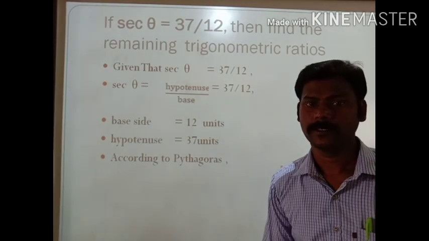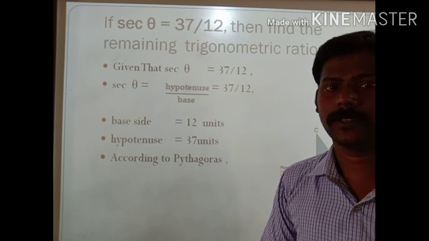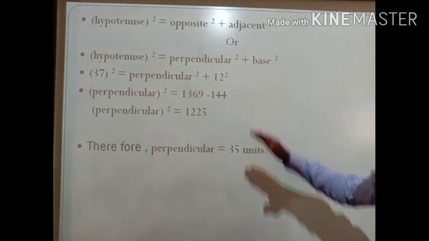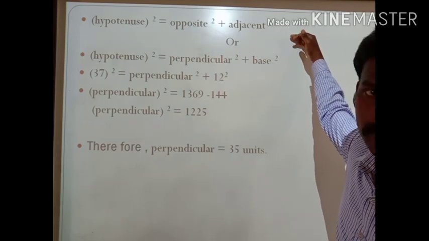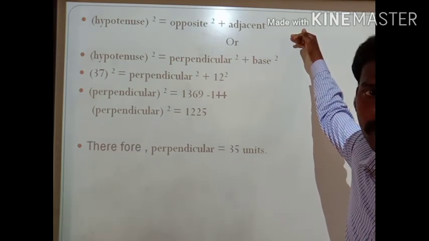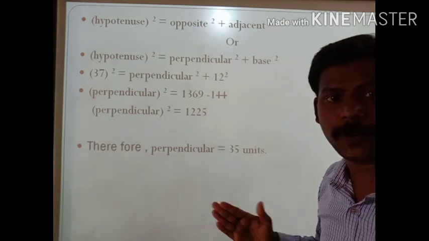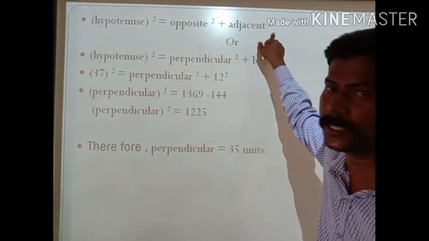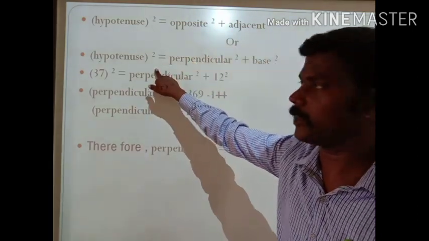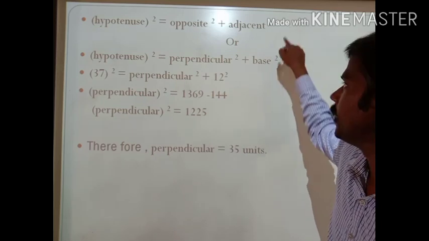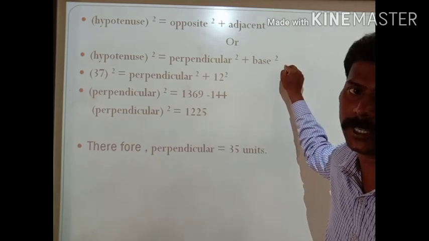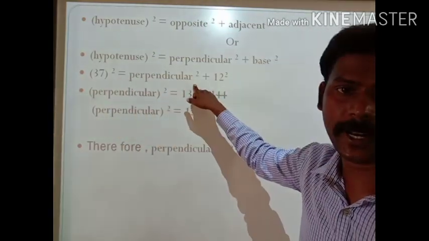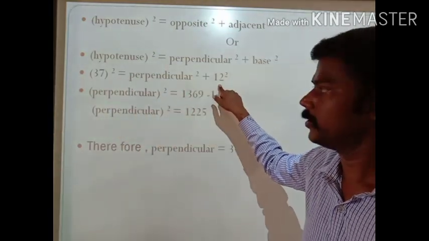Okay, I will explain. You did very good. Next, I will explain the solution. See, children. We already know 2 quantities, and we don't know the unknown quantity. It is the same model as the previous problem. Hypotenuse square equal to opposite side square plus adjacent side square, or hypotenuse square equal to perpendicular square plus base square. Any one formula you can use. Now hypotenuse how much? 37. Perpendicular we don't know. Base how much? 12. Now simplify.